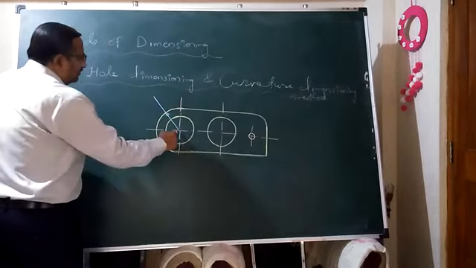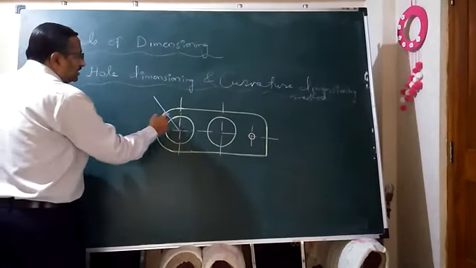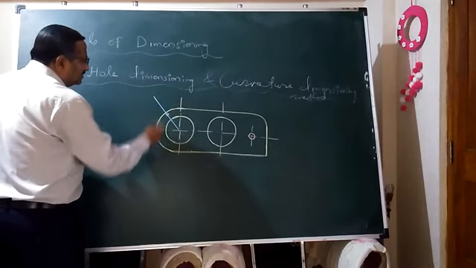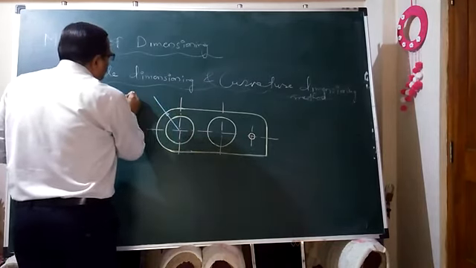In this way, one single line, it should be tilted, and only a single arrowhead on the inner periphery of this semicircle you have to create here, and this extended leader line you now have to make horizontal, and on that line you can write, suppose this is R30. This semicircle is carrying R30, so naturally this diameter will be 60. Okay, yes. So this is the method of showing the semicircular objects.